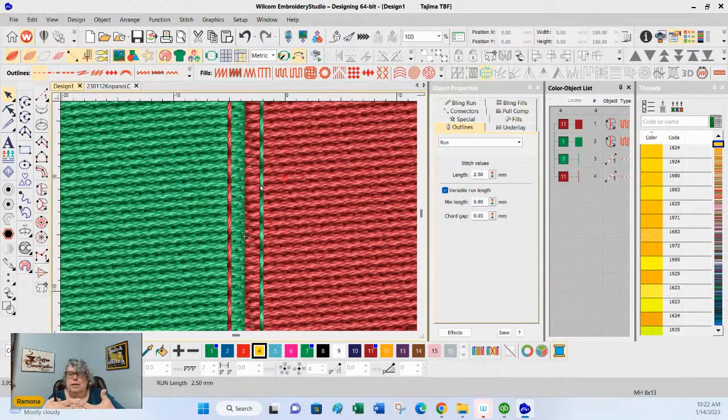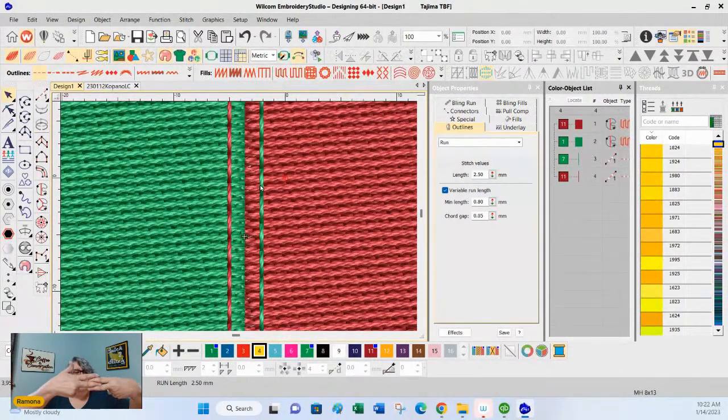Okay. So if I have a stitch here and a stitch here, that's my 40, my standard default fill. And I put another layer of stitching.